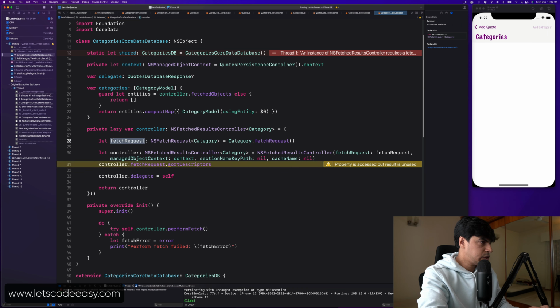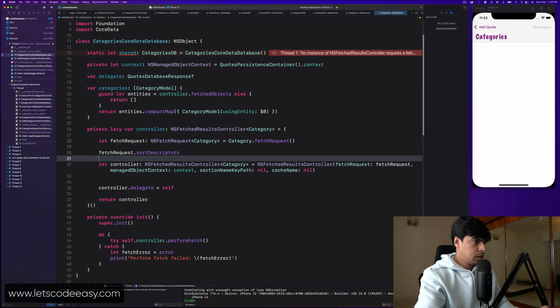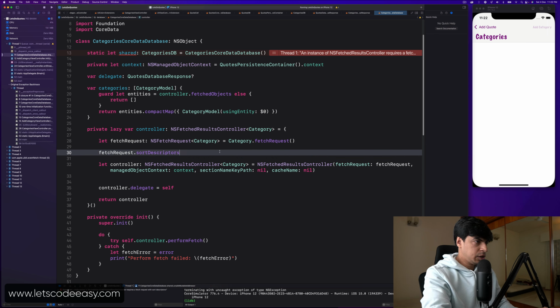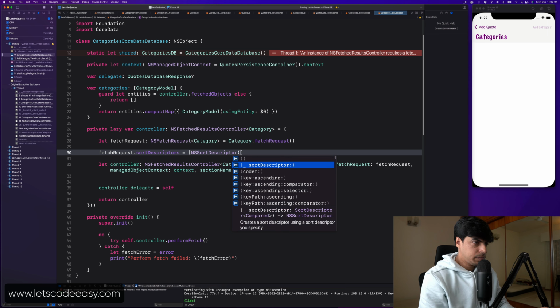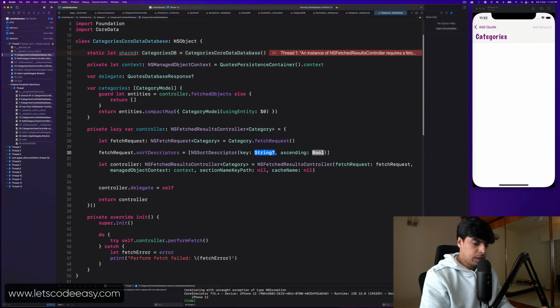I think that fetch request needs a sort descriptor. And let's pass a sort descriptor, with the key, as maybe in this case we can keep it as